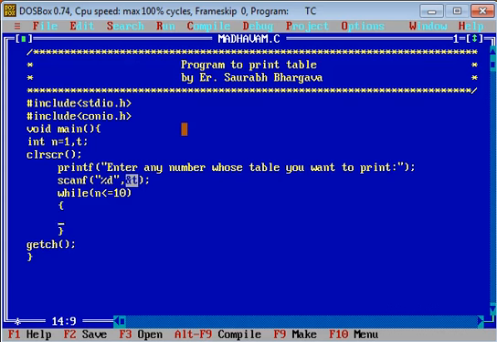and we print the table structure. First we need to write the number %d, then we want to write the multiplication sign, then %d, then equals to sign, then %d. In this way we want to print the table. So there are 3 %ds, so we need 3 variables to get the value.